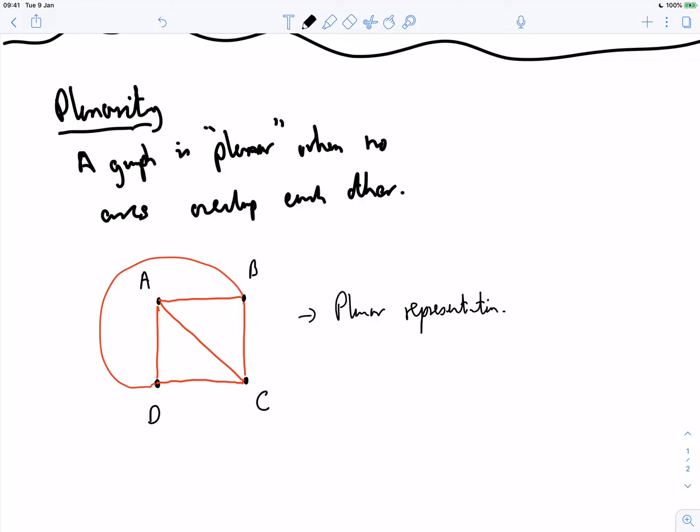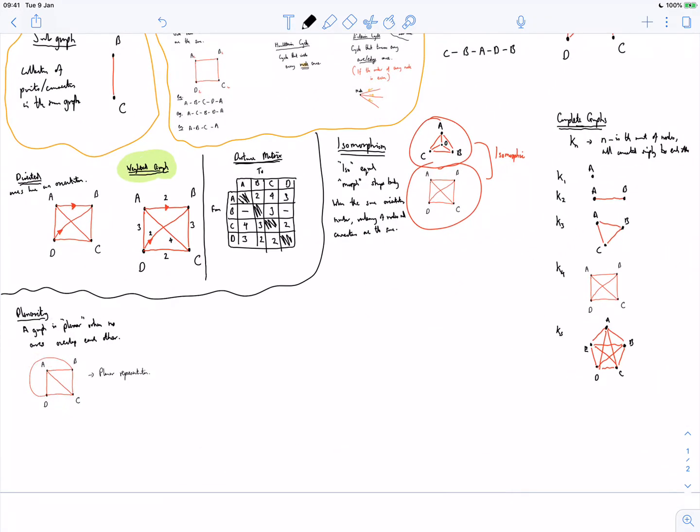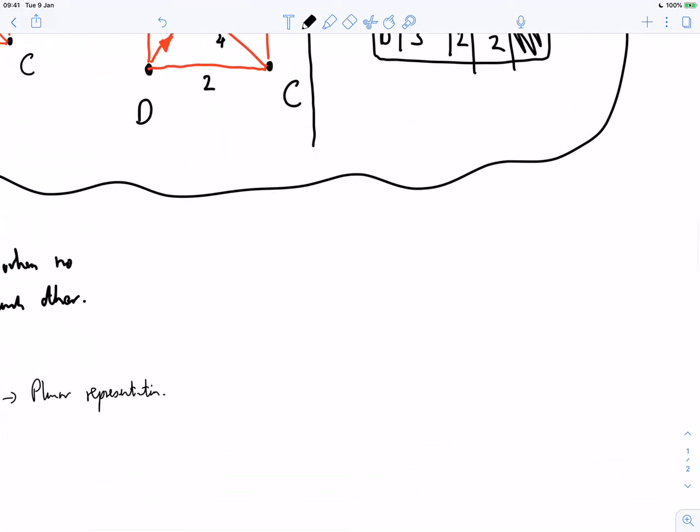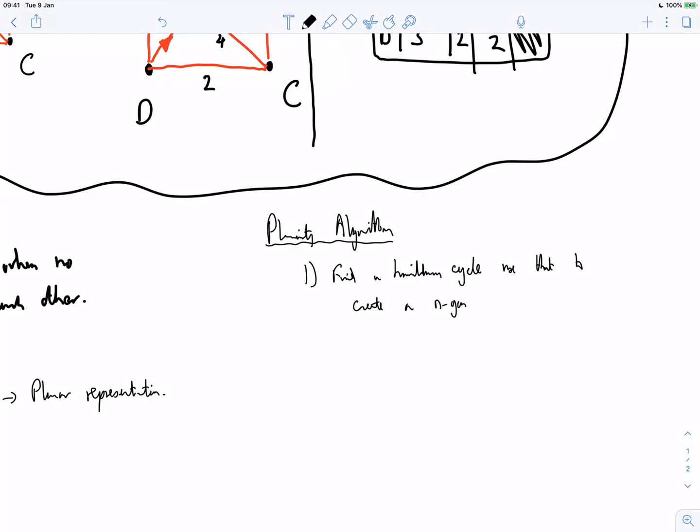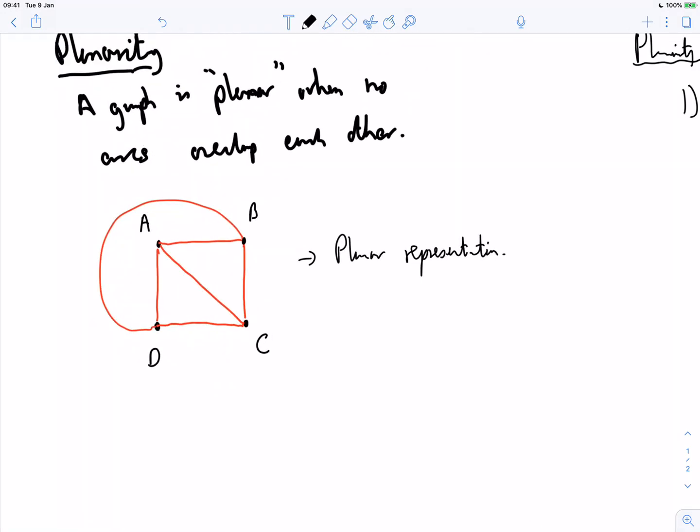The planarity algorithm essentially states, so let's write it down. The planarity algorithm. Step one is you find a Hamiltonian cycle and use that to create an n-gon. So if I look at this diagram here,